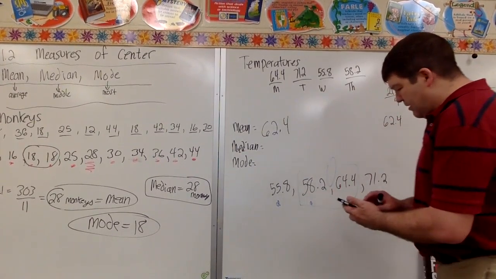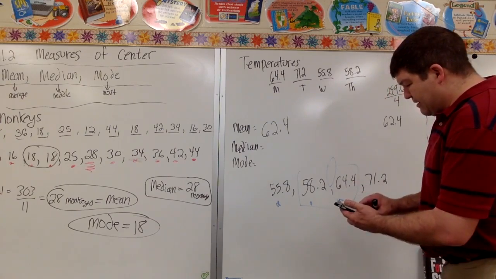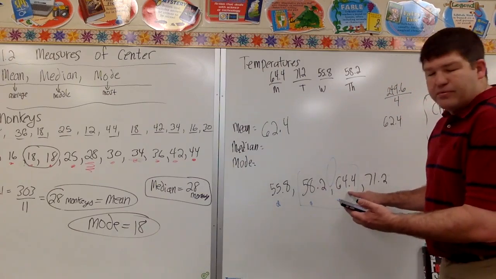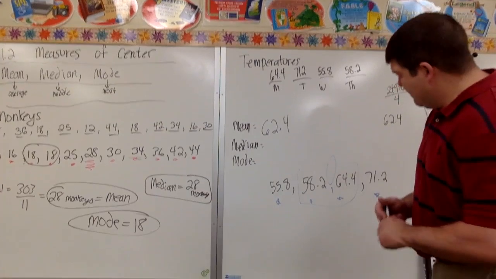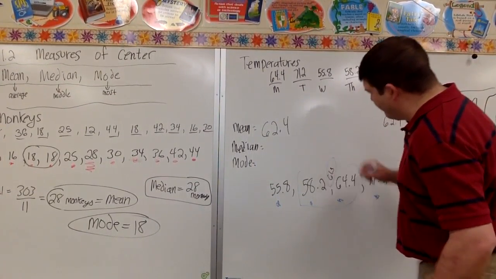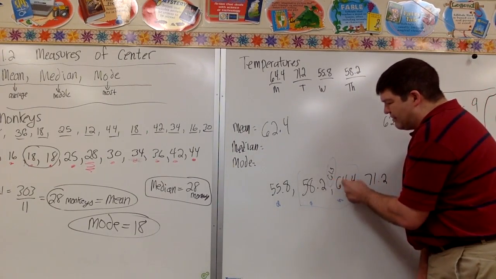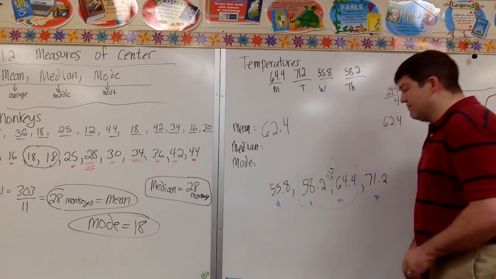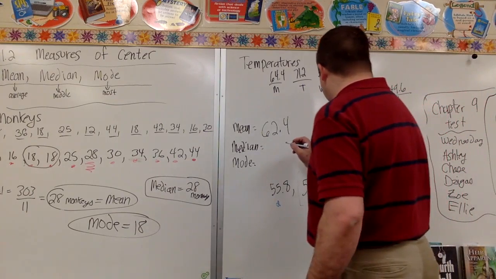So I do 58.2 plus 64.4. So these 2 together is 122.6. I divide that by 2 equals, and then right in the middle here is 61.3. So 61.3 is the same distance from this number to this number as it is from this number to this number. This is the exact middle. Okay? So my median,